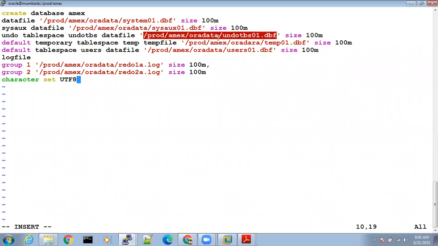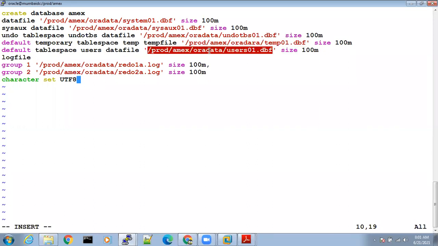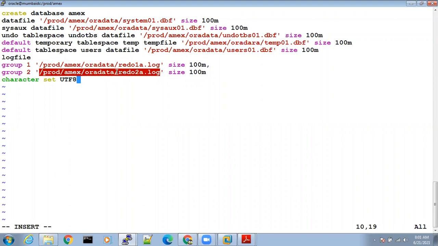Undo TBS, we have a separate session called undo tablespace management. Temporary file, we have a separate session called temporary tablespace management. Users, we have a separate session called tablespace management. Redo log file, redo1a.log first log file, redo2a.log second log file, for this we have redo log file management.